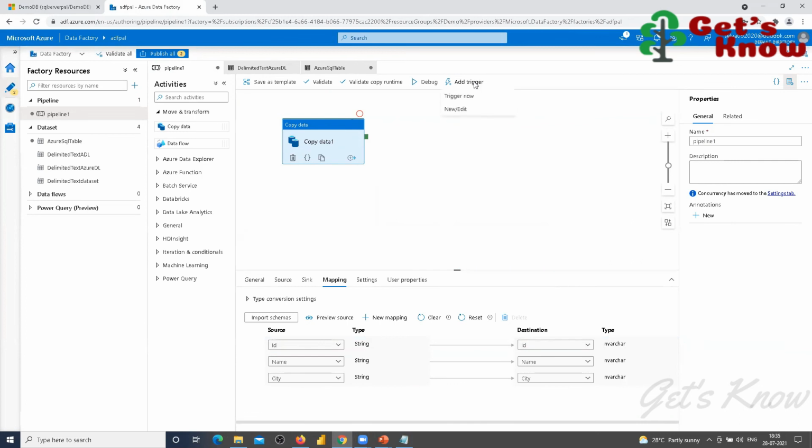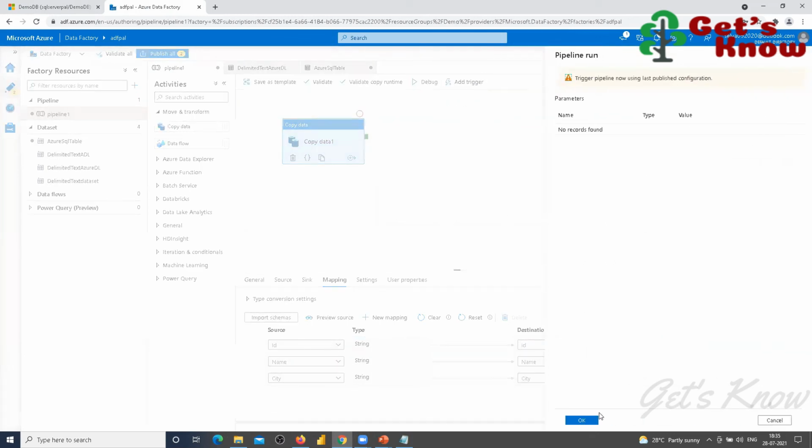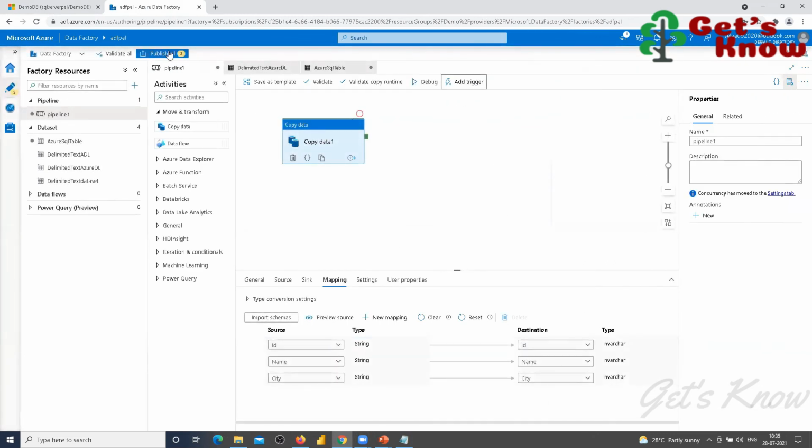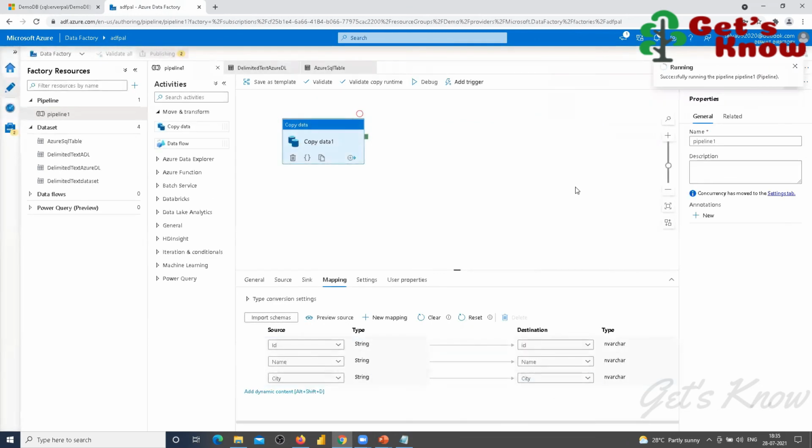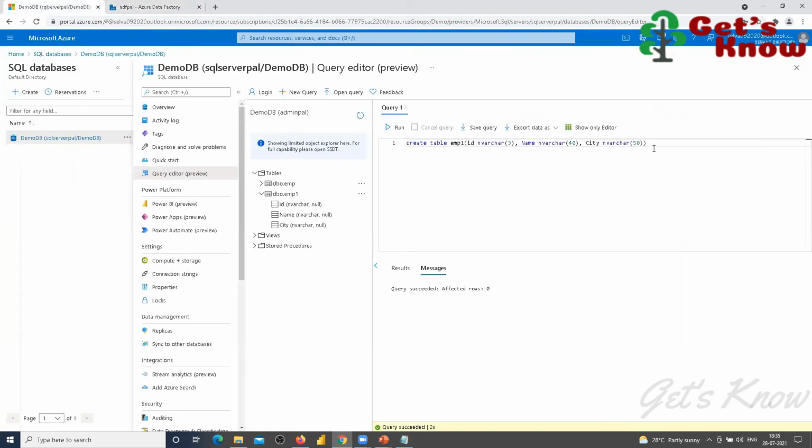Now add trigger now. We have to publish it first. It actually started running because it was using the previous one. Let's take a watch there. So publish, and then now I'm selecting, meanwhile, select star from emp1.